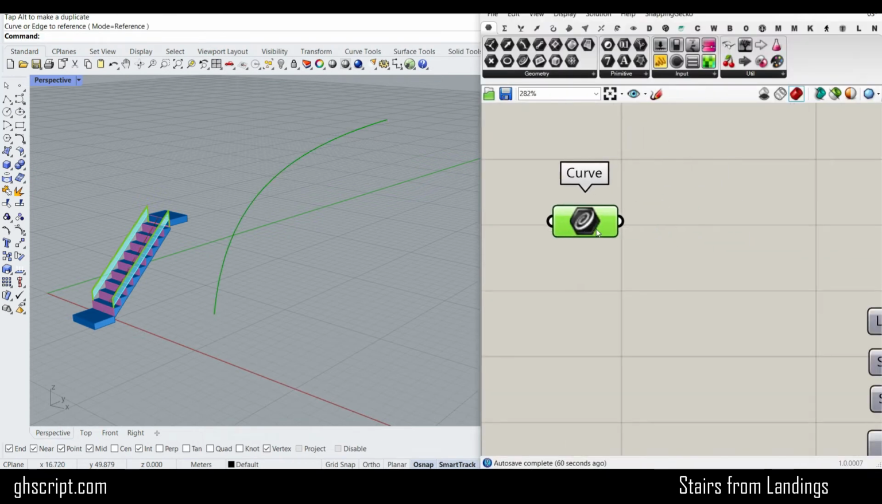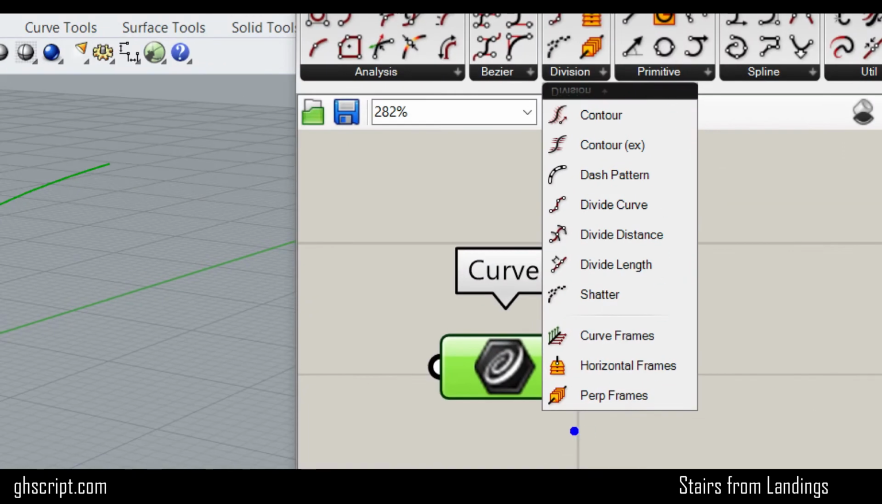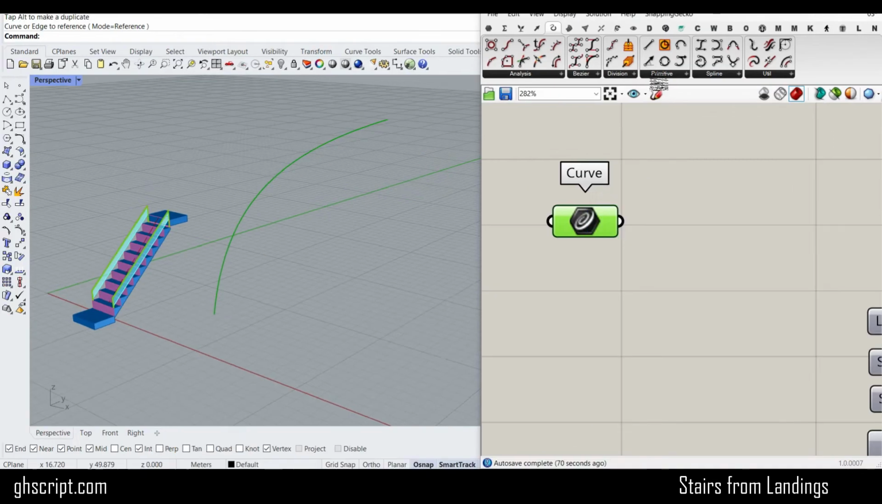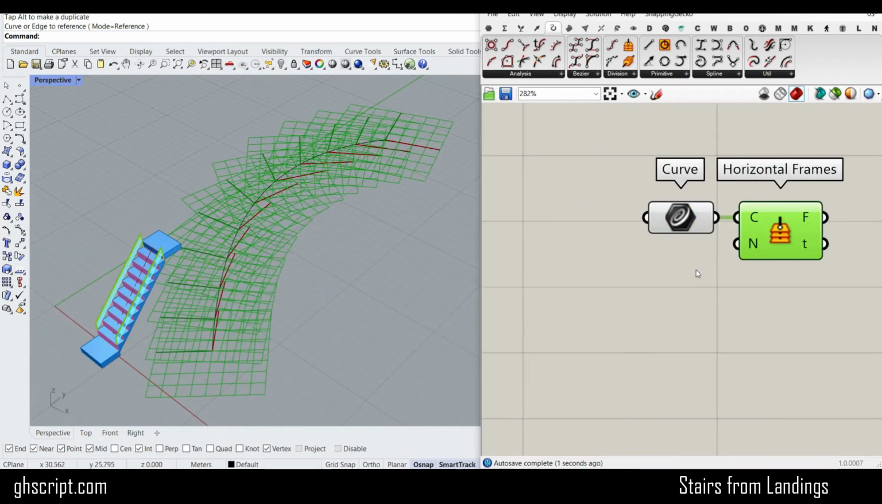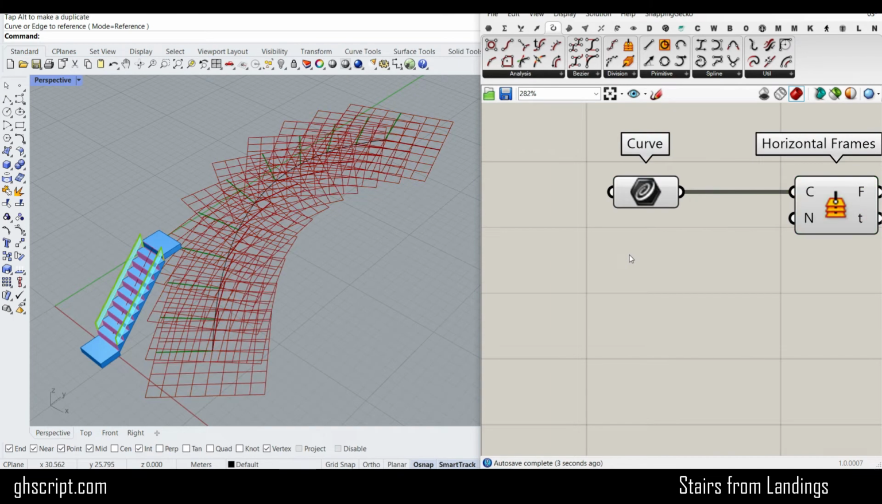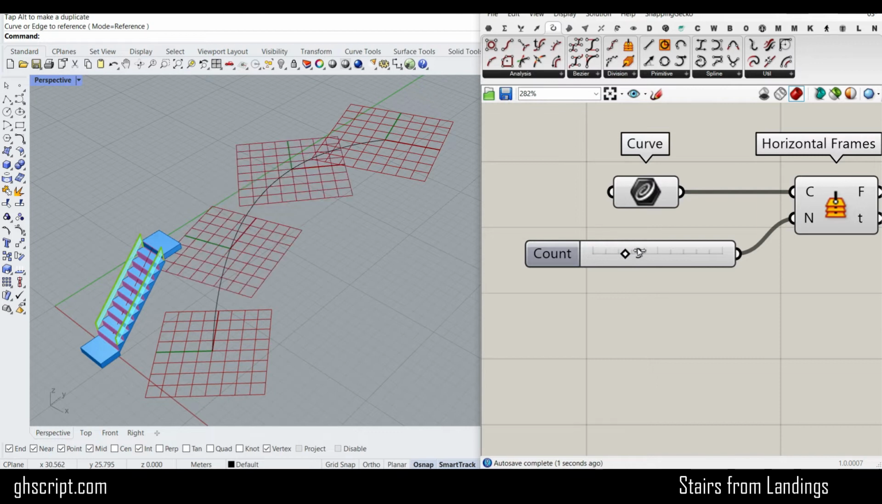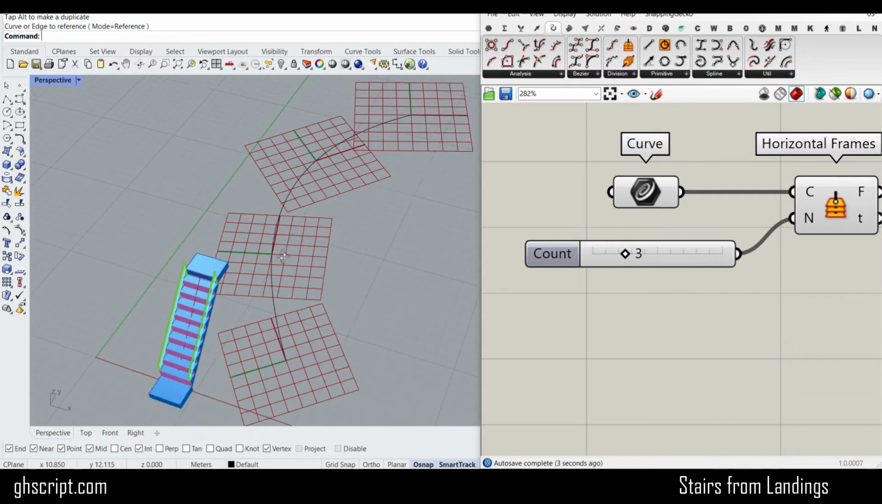So what I want to do here is to set one curve and make that the input. If you go to the curve section in the division, you can see that we have some horizontal frames. I'm going to use that to produce a series of frames, for example, maybe 2 to 6. That is going to be the number of the frames we need here, okay? And all of them are going to be in the